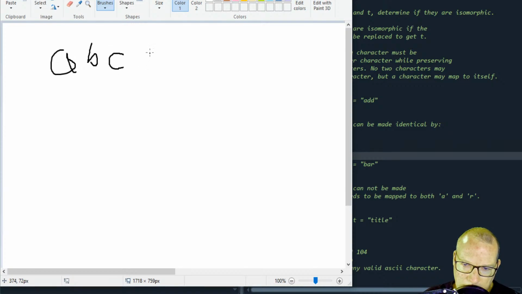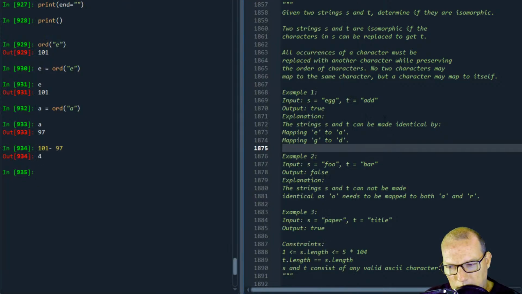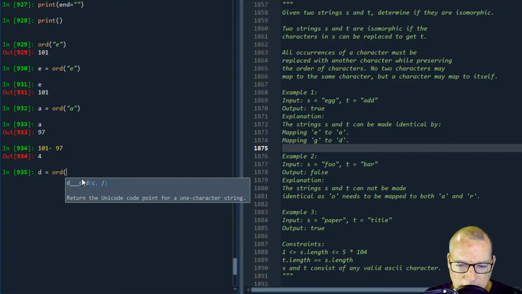So we have A, B, C, D, E, 1, 2, 3, 4, 5. E to A. Okay, so then G to D. Let's see if that's the same thing. D equals ORD. So what I'm doing is I'm trying to see if this is